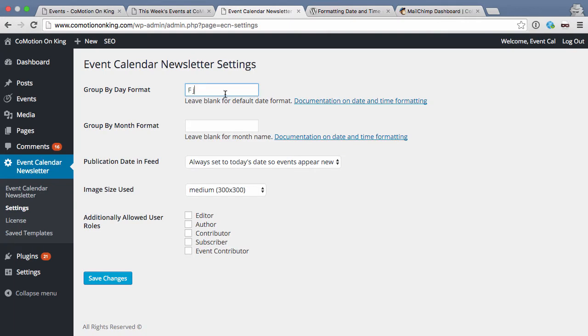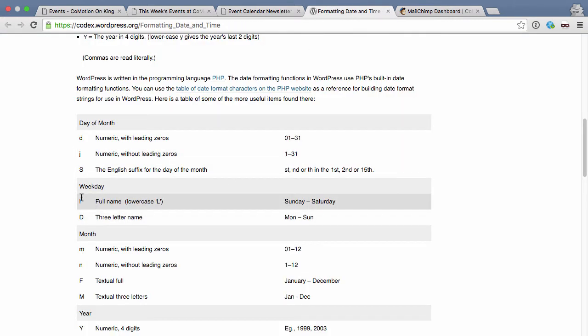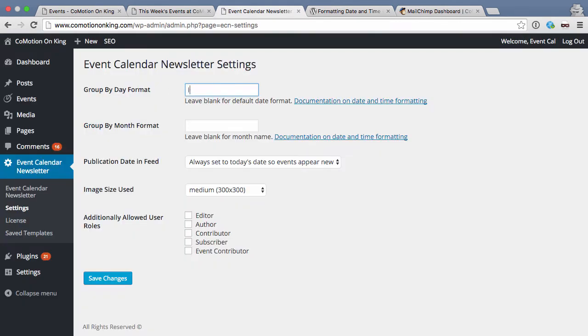A lot of times you can also have it where it just says Monday, Tuesday, Wednesday, basically the day of the week, which would be this lowercase l. So if you wanted that, you would just change this to a lowercase l and save that. But we'll leave it as the F j, month and day, to match their template. So if we save the changes there,